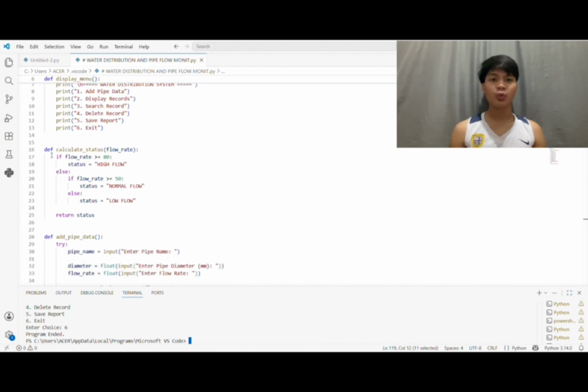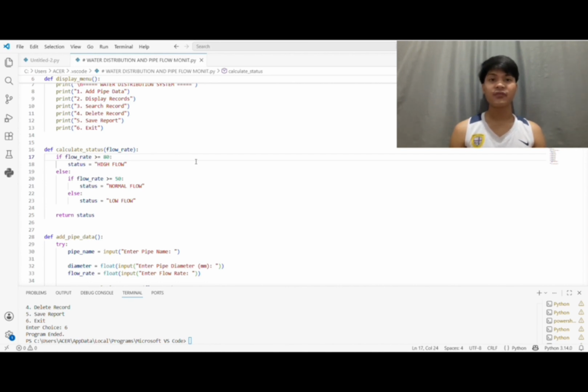Once a valid flow rate is entered, the script calls calculate_status(). This helper function uses conditional logic to instantly assess the safety of the pipe's flow.